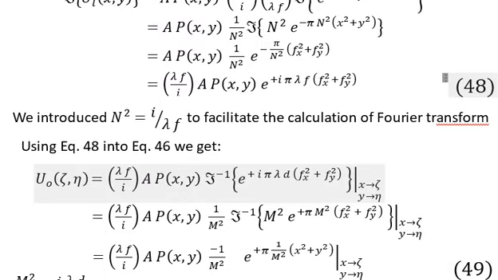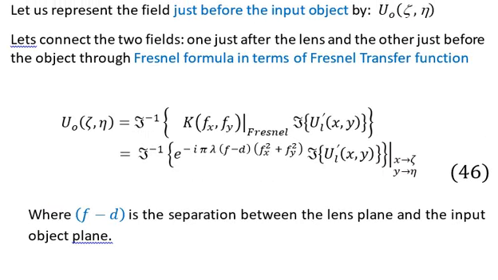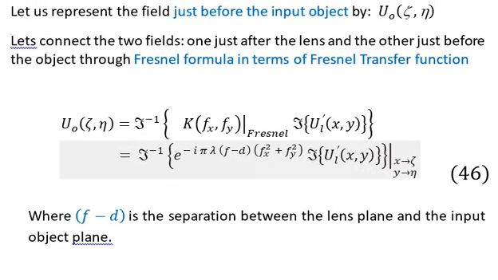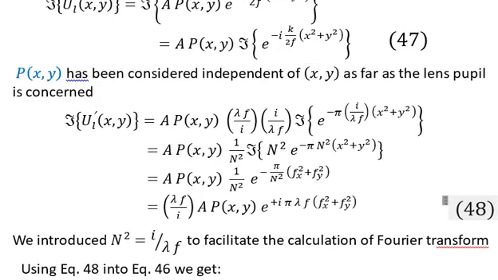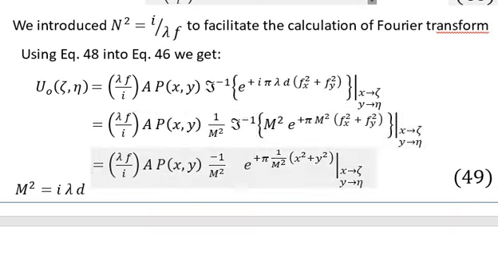So you see that now we are left with only one term, which is the d dependent term, because here we have f minus d. The f terms will be cancelled out by the terms contained in the Fourier transform of the field. So you see that we are left with only the term which contains d, as you have seen in equation number 47 and equation number 48. So you see that in equation number 49, in the first